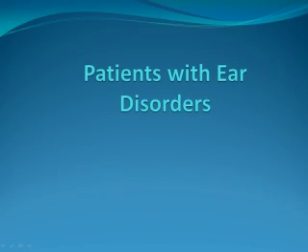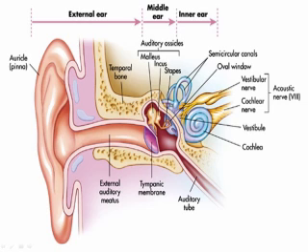Patients with ear disorders. The external ear is the auricle, the pinna, and the external auditory canal, which is the protection of the ear. The middle ear has 3 tiny bones, the malleus, the incus, and stapes, and they receive vibration sound from the tympanic membrane. The inner ear contains internal structures, nerve impulses sent to the brain, like sound, responsible for equilibrium and